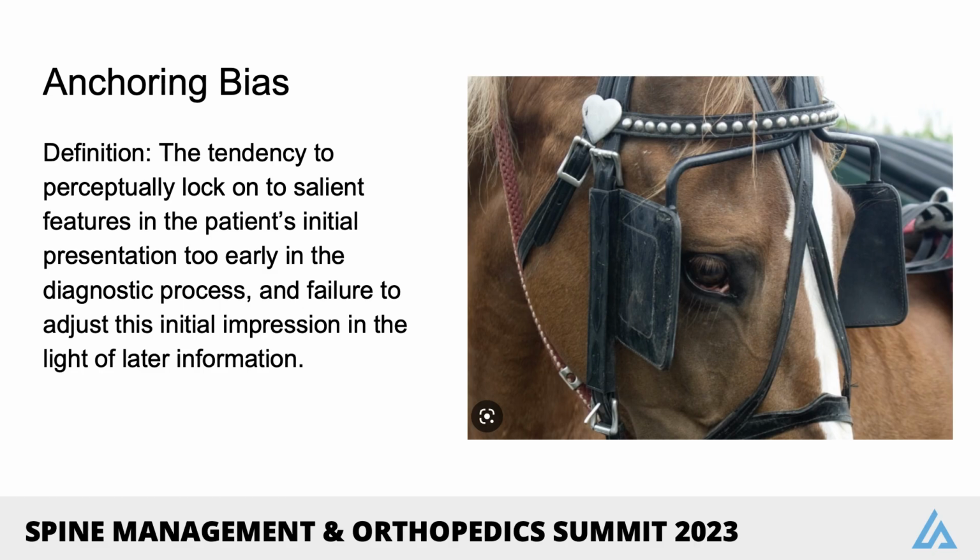So our next bias is one of the most common and problematic cognitive biases encountered in medicine and in diagnostic errors. This is the anchoring bias. Anchoring bias looks a lot like this horse with blinders on. A clinician locks onto a piece of information and fails to adjust their impression later, much like this horse who focuses on a small portion of the field and is unable to see the broader picture or to change course.